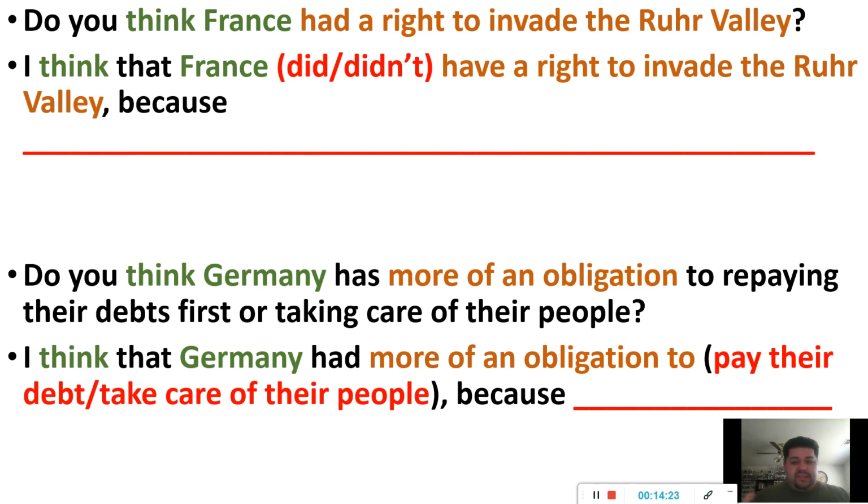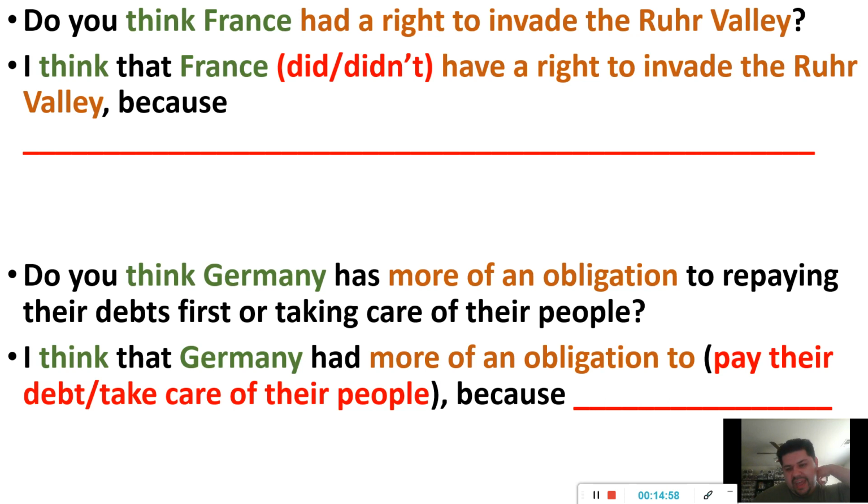The second part is this, because we're talking about Germany and they're saying, hey, we have a financial crisis. We're trying to get things together. So my question to you is this: do you think Germany has more of an obligation? Now, I don't know if you guys know what the word obligation means. If you don't, here it is. If you do, good job. Just keep reading it and respond to it. Obligation basically means you have to do something. You have to do it. Nothing else is above that. That's what it is.